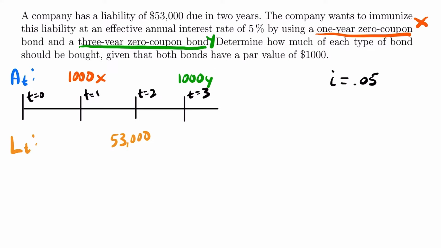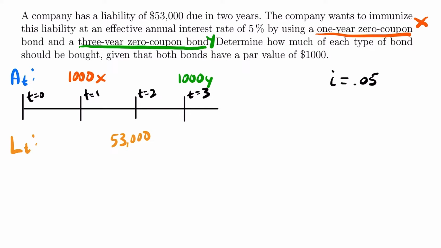All right, so once again, x represents how many 1-year coupon bonds the company needs to buy, and y represents how many 3-year zero coupon bonds the company needs to buy. And of course, that is in order to achieve immunization at an interest rate of 5%. Okay, now at this point, it would be appropriate to ask ourselves, is this company looking to immunize with